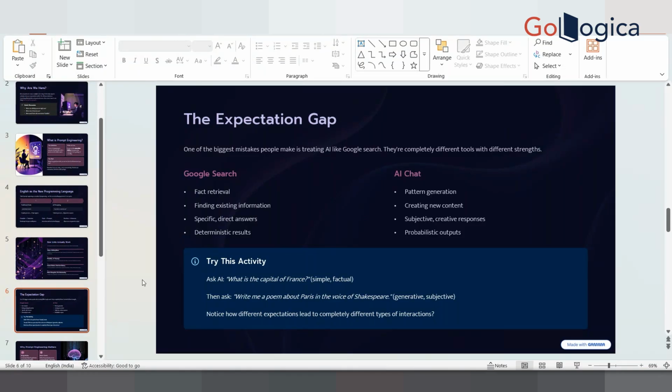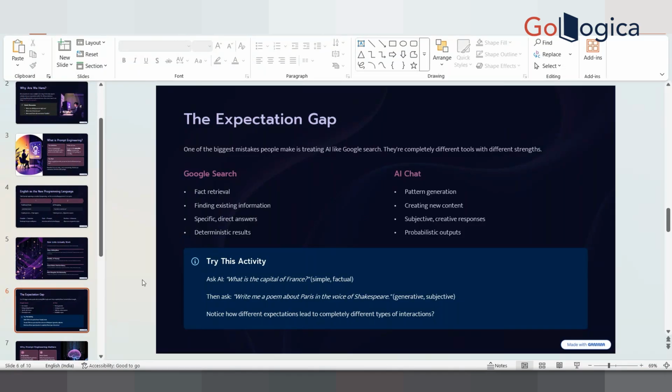So we have a quick trial to do here. If you ask AI what is the capital of France, it's a simple, factual thing, right? So it should just tell you the name of the city, and that should be it. Then ask, write me a poem about Paris in the voice of Shakespeare.